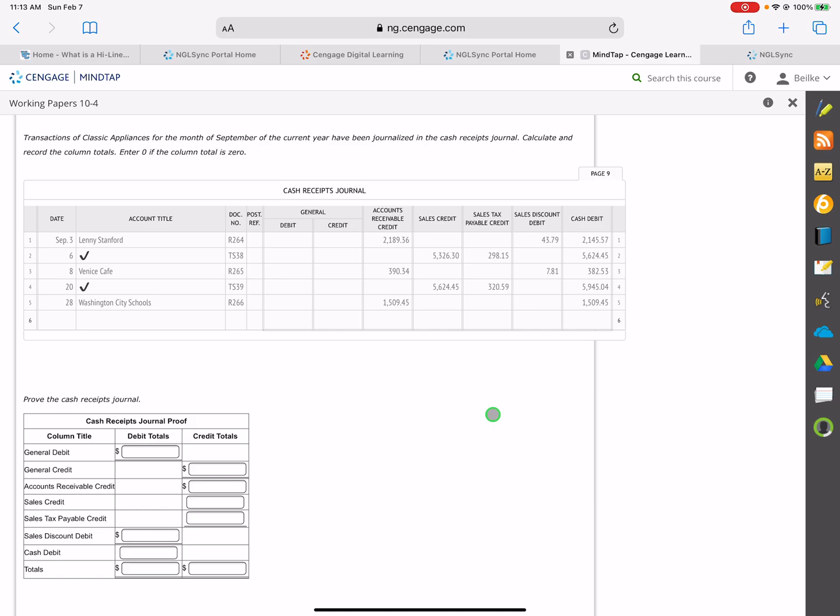So again, you would go through and total up all of your columns for your cash receipts journal. Once you figure out your proof, then you will fill them in. Let's just go through this real quick. Our general debit would be 0. General credit has a 0 balance. Then we'd add up our accounts receivable credit column, and that should be